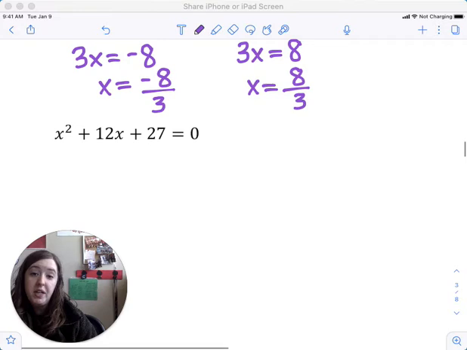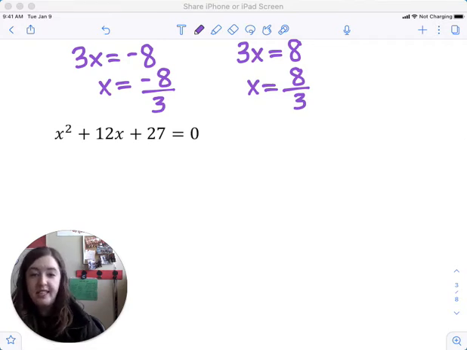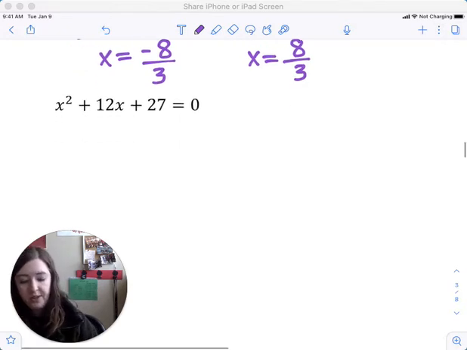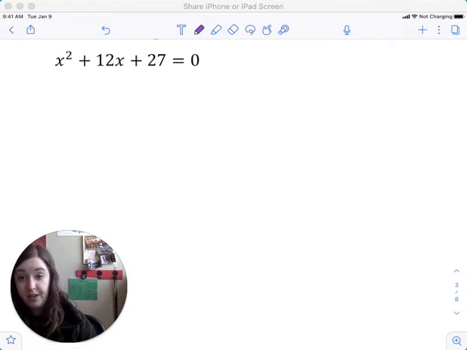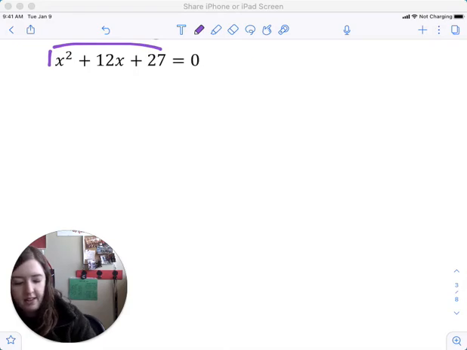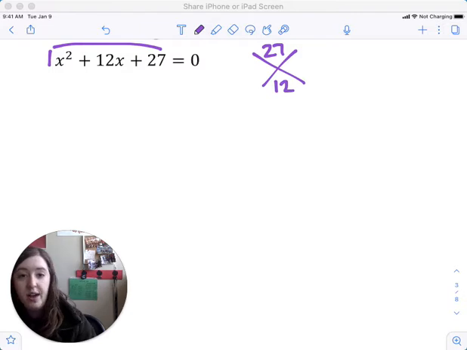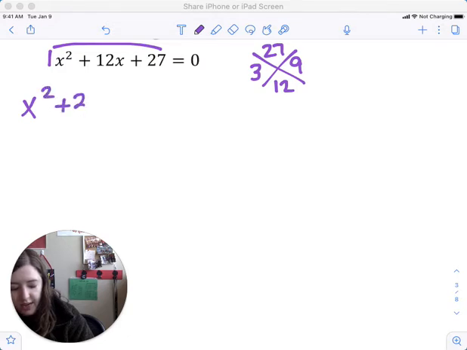On this next one, we have x squared plus 12x plus 27. Do we have a greatest common factor with x squared plus 12x plus 27? No, we don't. So we're just going to have to go ahead and split the middle term. So we know we have a 1 in front of that x squared. We'll multiply our ends. 1 times 27 is 27, and my b value is 12. So the two numbers that will multiply to 27 and add to 12 are going to be 3 and 9. So we'll split that 12x into 3x plus 9x